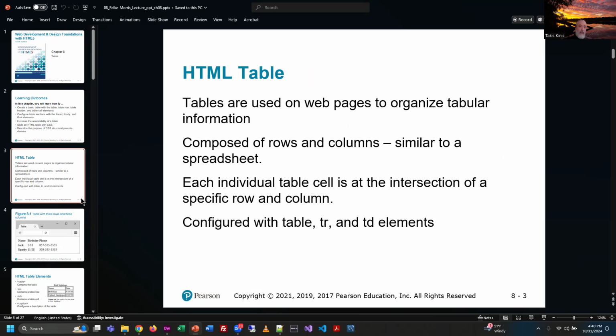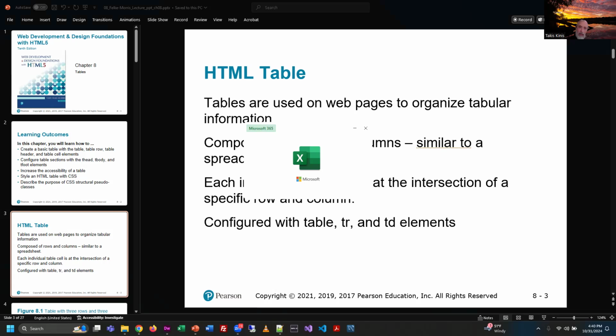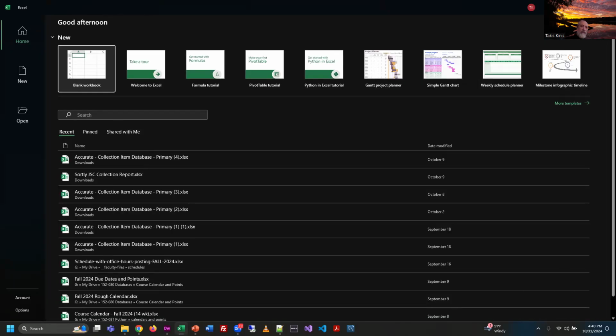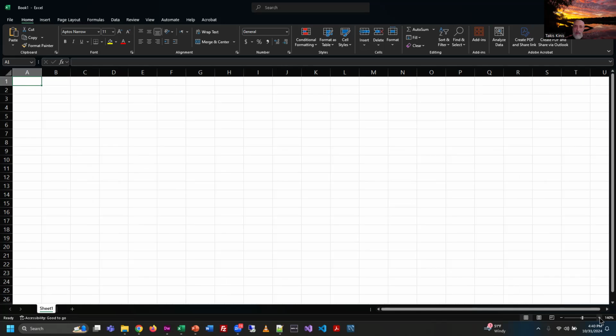First thing I'm going to say is an HTML table is this thing that actually has been around for a really long time, and the grand point of a table is kind of to mimic, and I'm bringing up Microsoft Excel here, really what a spreadsheet does for us. I don't know how much you've ever worked with Excel, but academically,